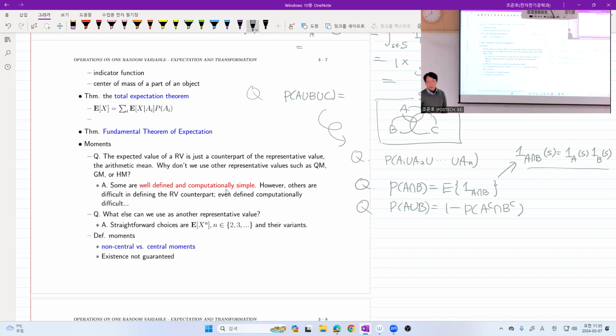De Morgan's law, right? And then what we do is that, and then what? And then what? You just expand, right? So what you have is